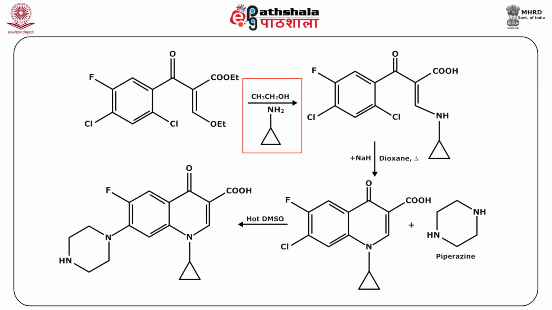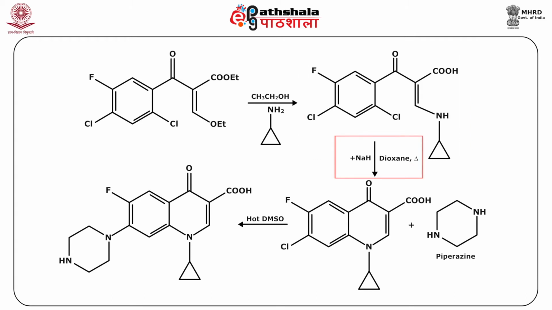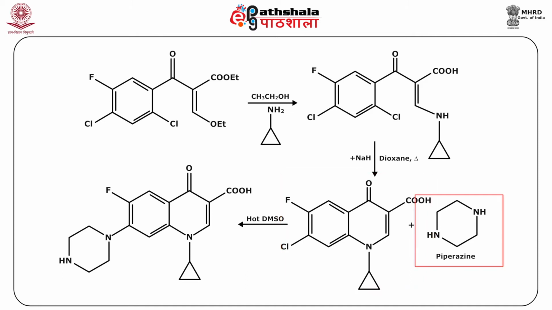cyclopropylamine in ethanol gives ethyl 2,4-dichloro-5-fluorobenzoyl 3-cyclopropylaminoacrylate. The aminoacrylate so formed on cyclization with sodium hydride in refluxing dioxane forms 7-chloro-1-cyclopropyl-6-fluoro-1,4-dihydro-4-oxoquinoline 3-carboxylic acid. In the subsequent step number 6, the oxoquinoline formed condenses with piperazine in hot dimethyl sulfoxide to